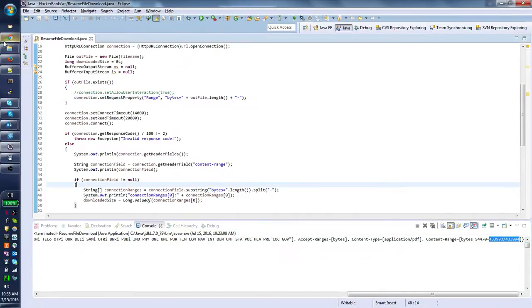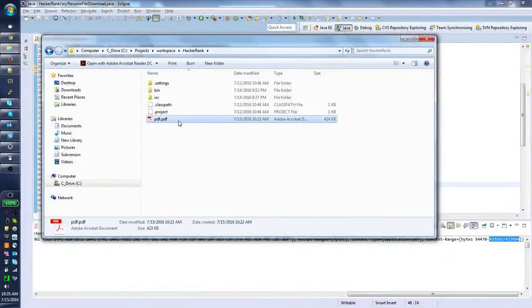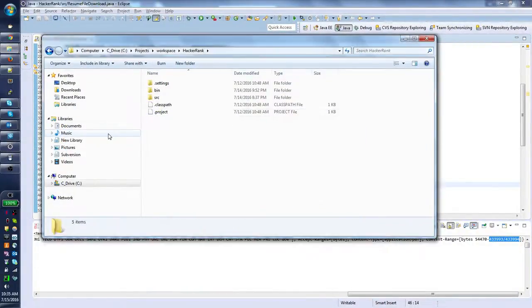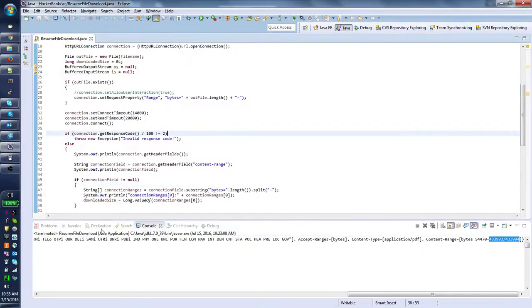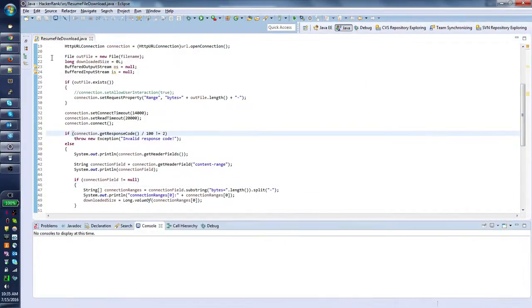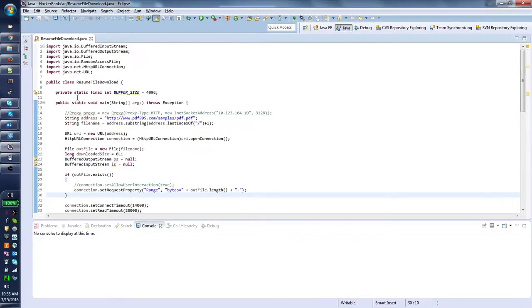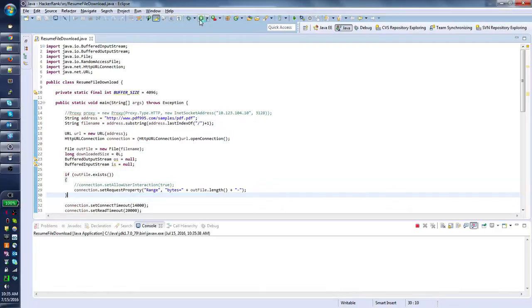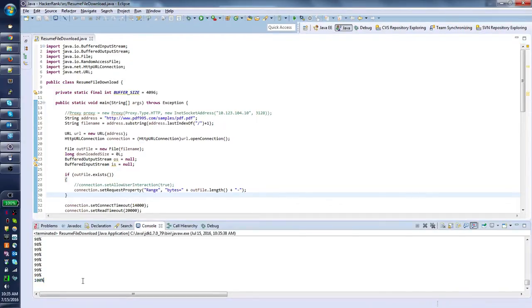So let's try. I'll delete this one. Okay, let's try to download first, the usual way. Nothing goes wrong. Okay, it's 100%. Nothing goes wrong.